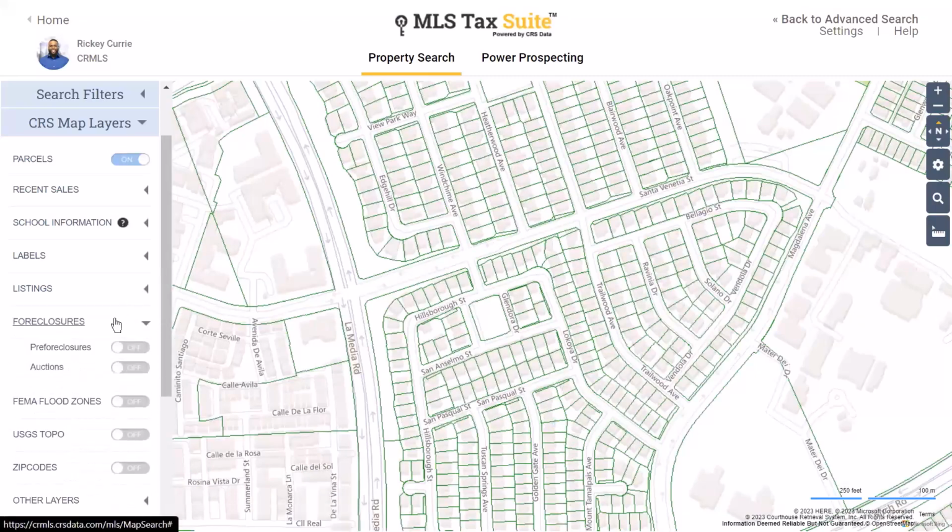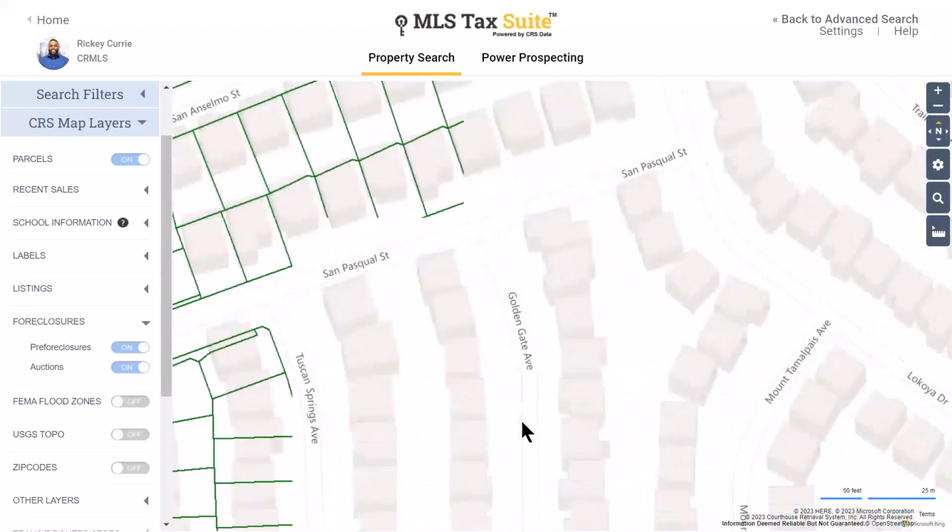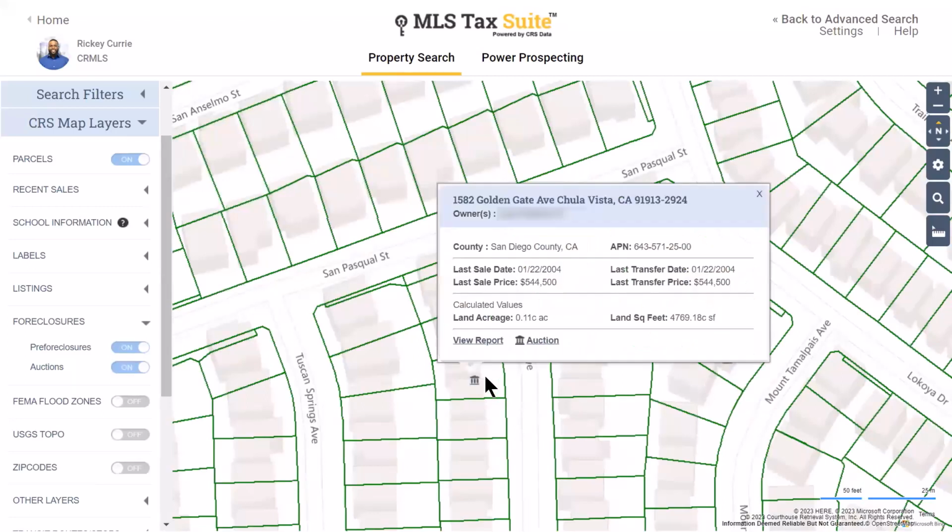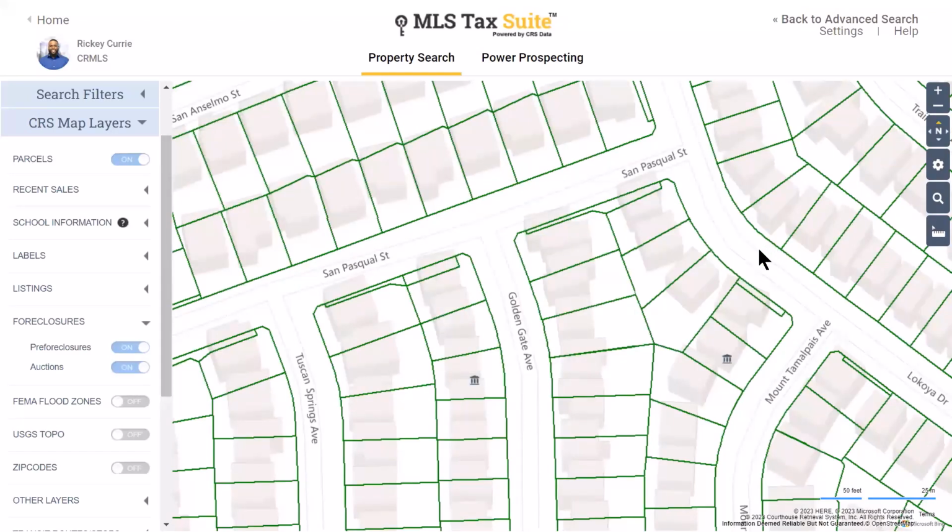Next, we have foreclosures. Remember, we do have a foreclosures button that I just showed you a moment ago. The foreclosures that you see here are properties that have had a foreclosure stage at some point. It isn't necessarily a current foreclosure. If you were to zoom in and you click on the parcel, you're able to see the type of foreclosure. And if you click on the button, you'll get the foreclosure information, which will show the date that the foreclosure took place. To get more accurate foreclosure data, you will want to run a foreclosure search. So let's close that out.